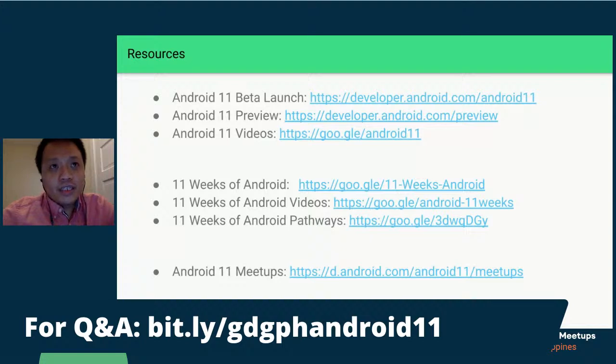I haven't really discussed that. You can download the Android 11 beta on Pixel devices, and there are other device manufacturers that have also released their Android beta. I don't have the complete list, but I think OnePlus, Nokia, yeah, you can check that.